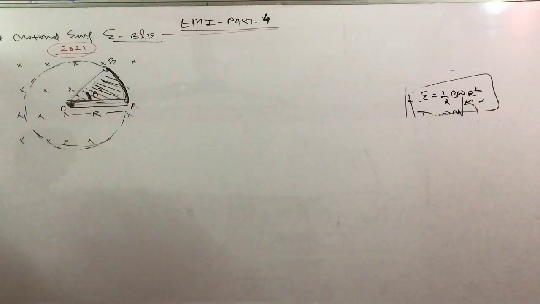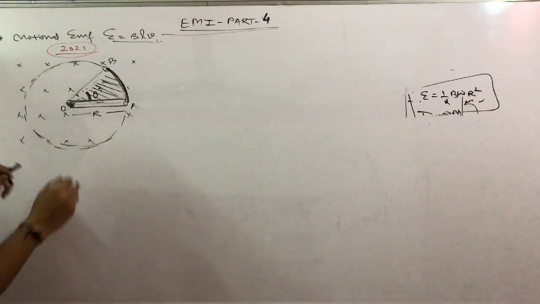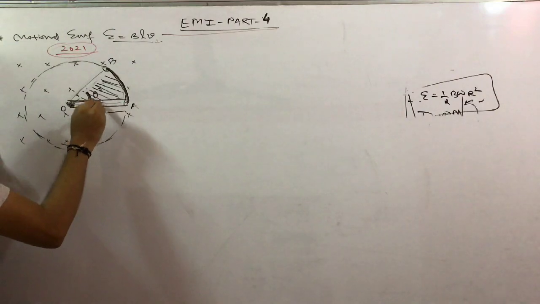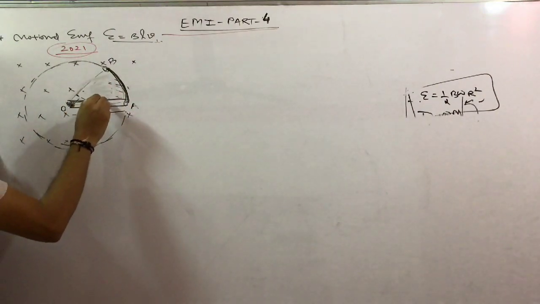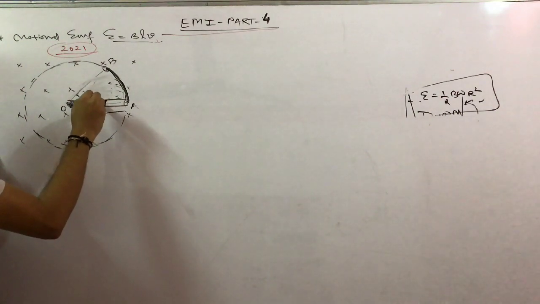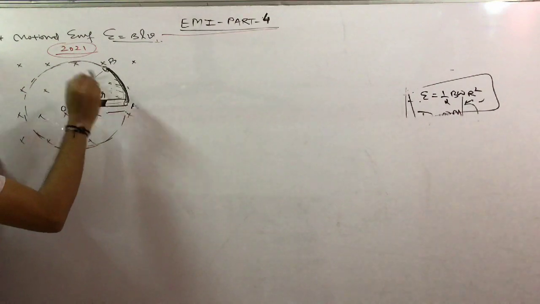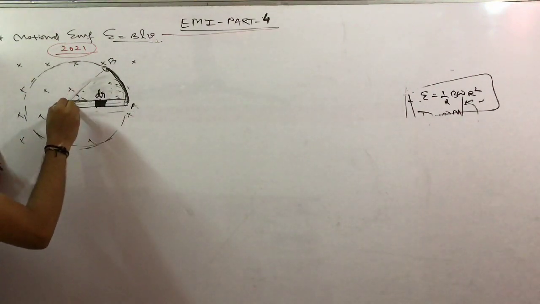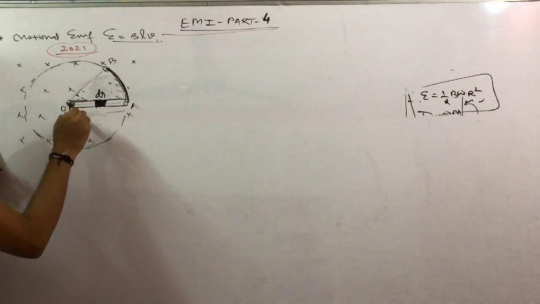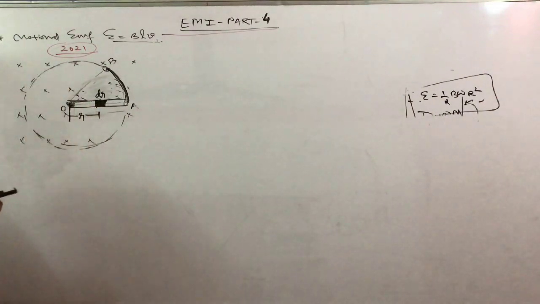Now for this second method we will consider only a small portion. Consider a very small portion. You can see that this is a small portion of this rod having length dr, and let the distance of this considered portion from the center be r. So we'll write,